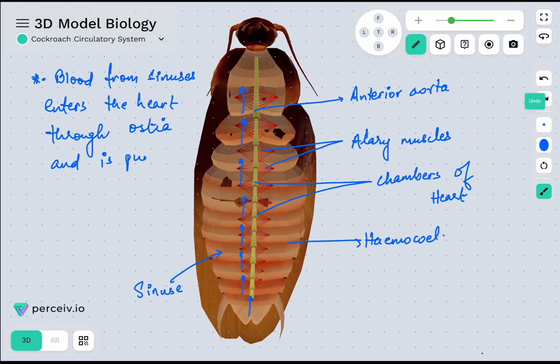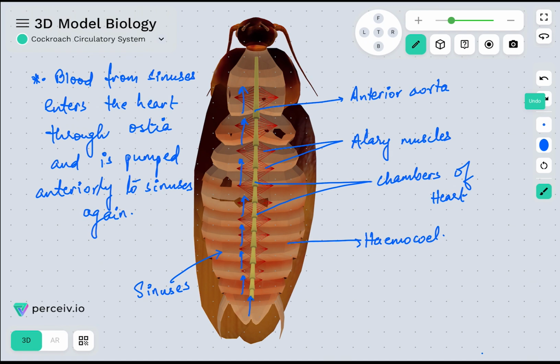So once it enters the heart, the blood is going to be pumped anteriorly. That means towards the upper side of the body, on the dorsal side, you can say. So anteriorly to the sinuses again. All right, so these are the openings which we have already seen, that the sinuses are the open spaces. So the blood from the sinuses enters into the heart body via ostia, which are the openings present